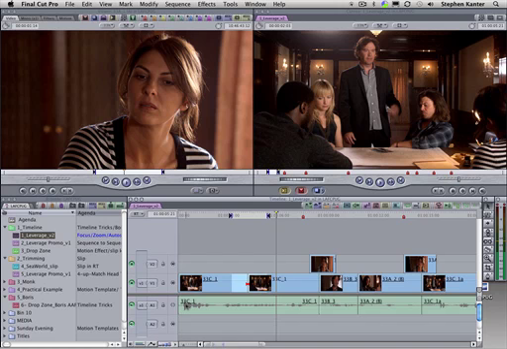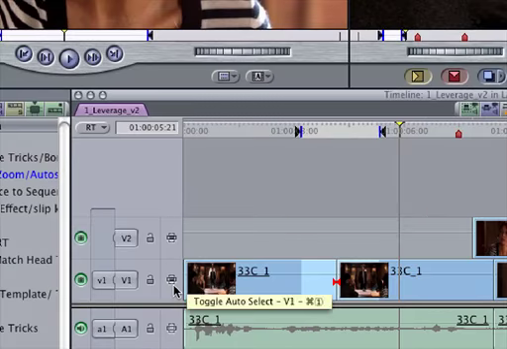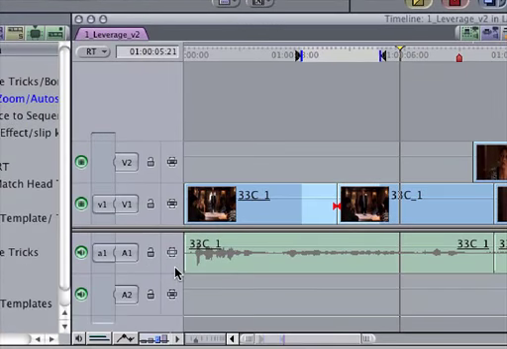Command 1 just toggled on and off auto select for V1. Command 2 toggles it on and off for V2. Can everyone see that if I'm not zoomed in? Let me do that again. Command 1, see it toggling on and off. Command 2. Now, audio is not exactly the opposite of video, but it is on the opposite side of this